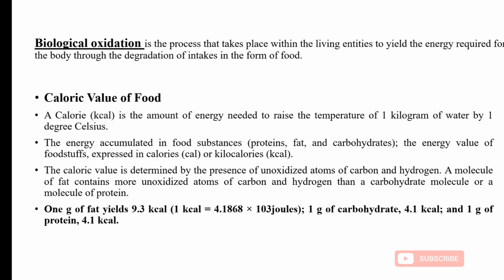The caloric value is determined by the presence of unoxidized atoms of carbon and hydrogen. A molecule of fat contains more unoxidized atoms of carbon and hydrogen than a carbohydrate molecule or a molecule of protein. That's why fat yields more energy than the other kinds. 1 g of fat yields 9.3 kilocalories, 1 g of carbohydrate 4.1 kilocalories, and 1 g of protein 4.1